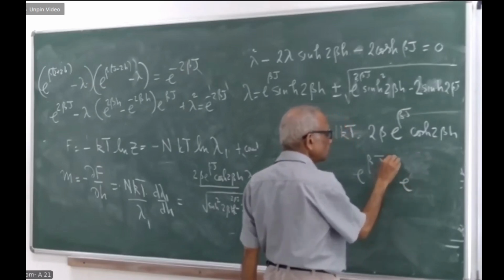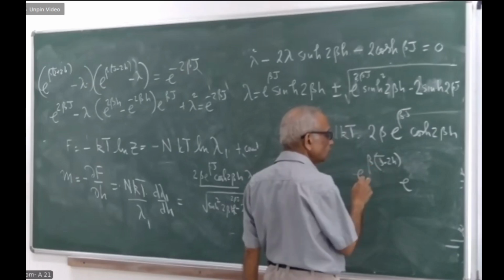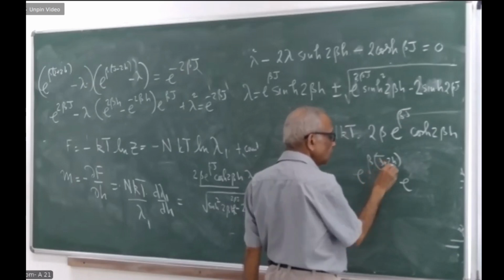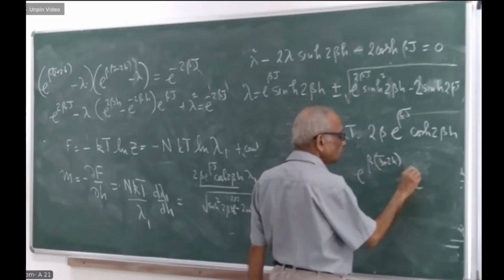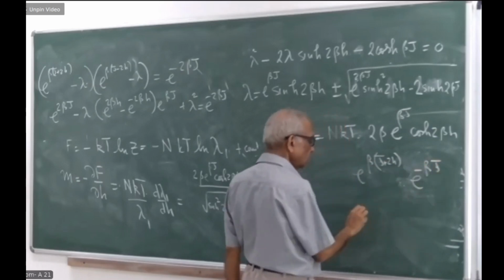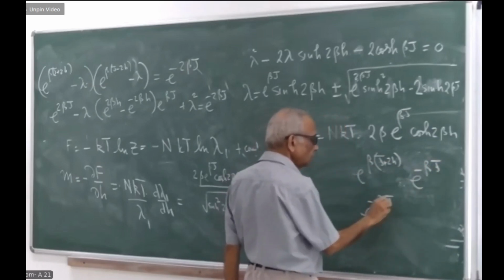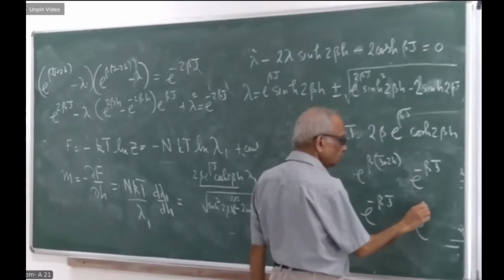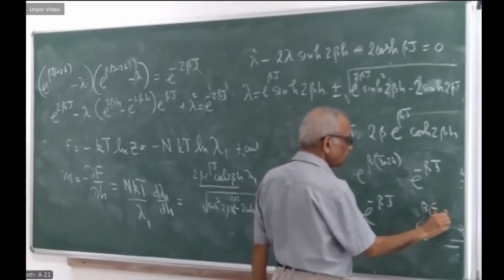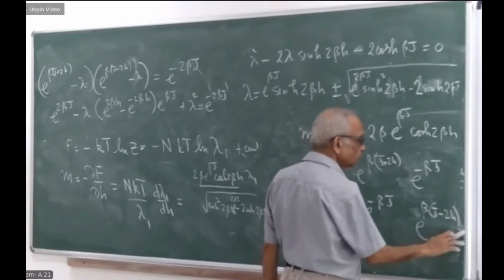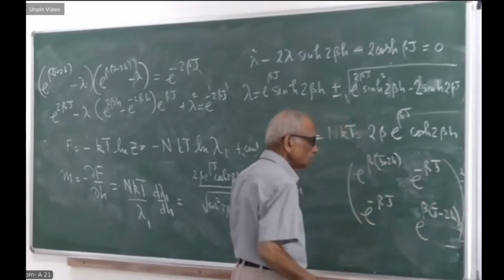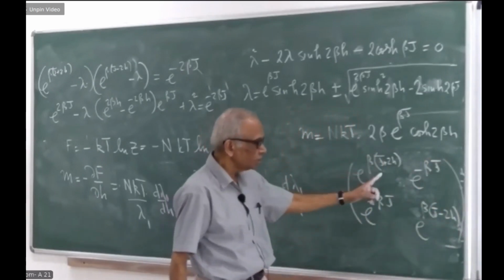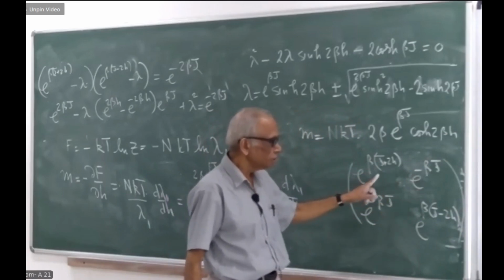E to the power j minus 2h or plus 2h, e to the power minus beta j, e to the power minus beta j, e to the power beta j minus 2h. That was the transfer matrix, which, if h is equal to 0, is the